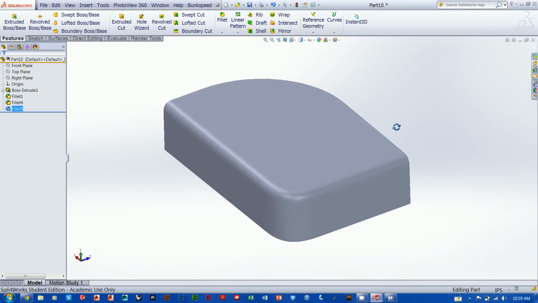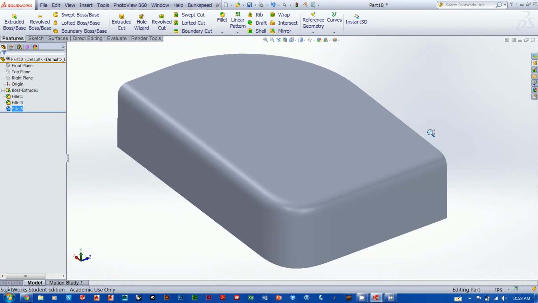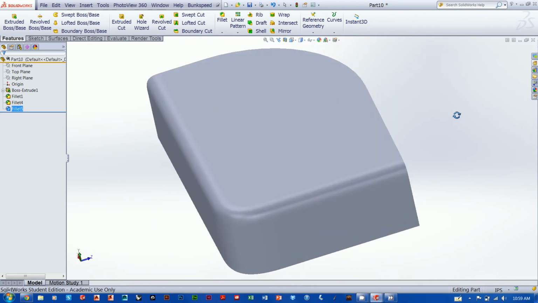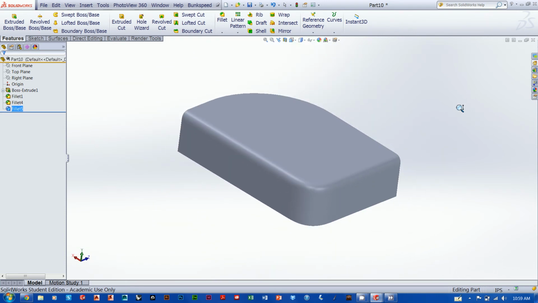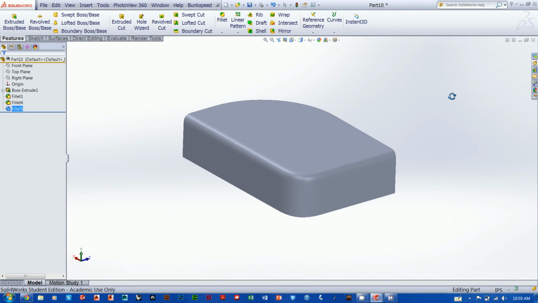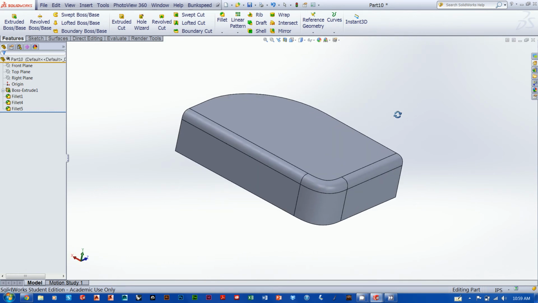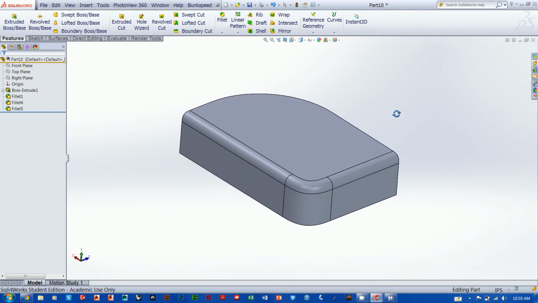You can see these highlights are a little bit cleaner and look a little bit nicer, and they don't really mess with your eye as much as that variable radius one did. So there you go. So that's fillets, guys, and be happy that SolidWorks is so good at adding nice, clean geometry